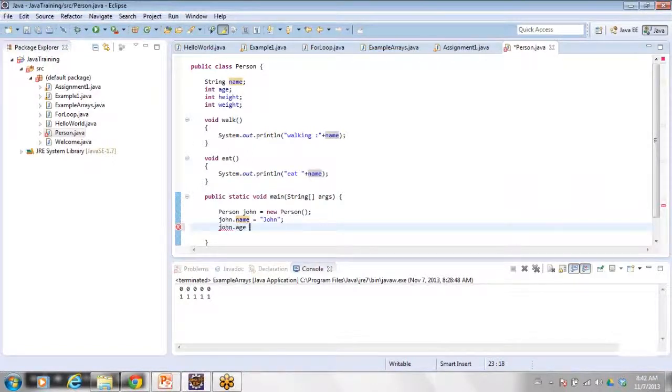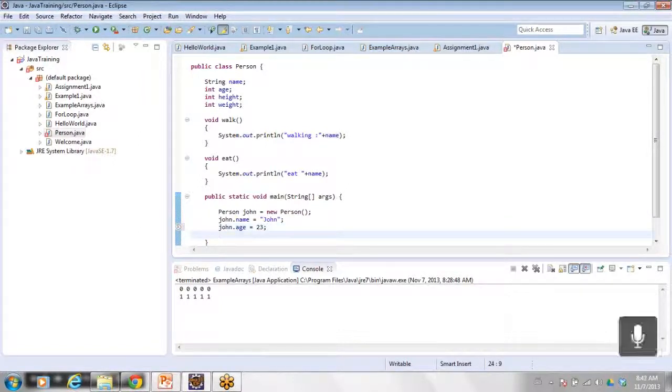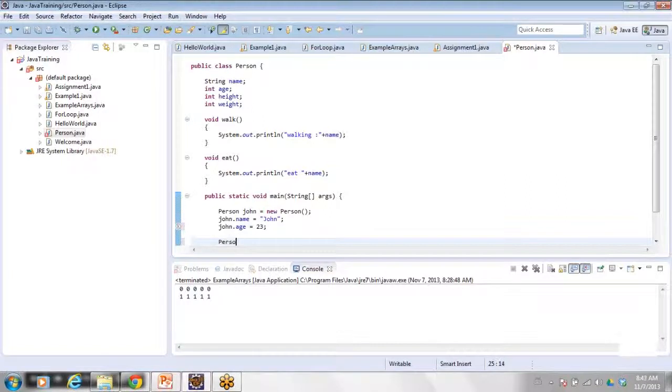So like this you can set the values for the attributes of a person. Similarly, I can create one more person.